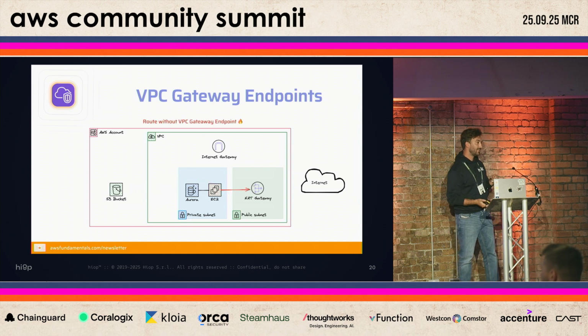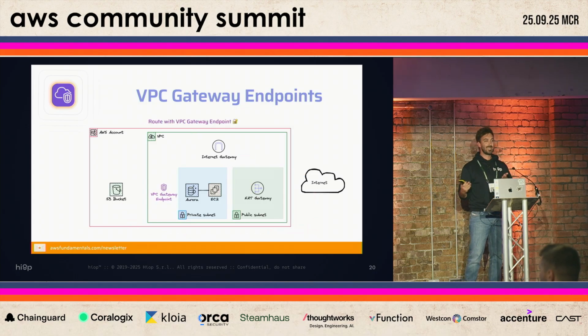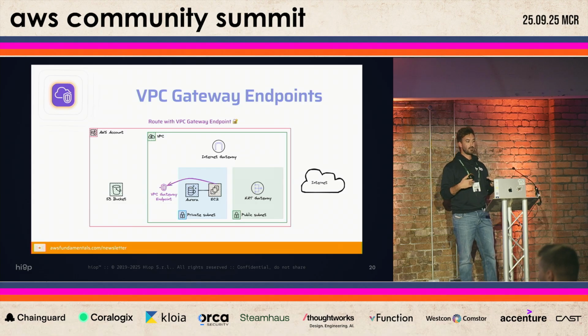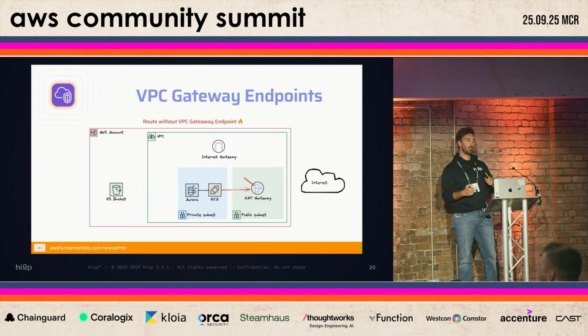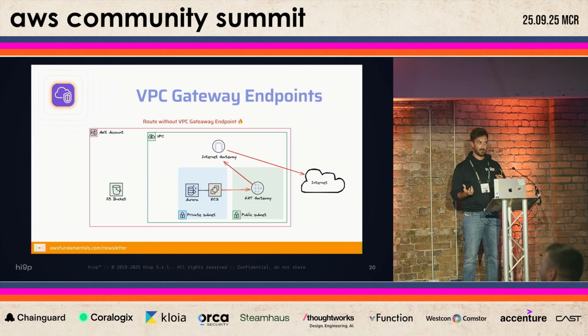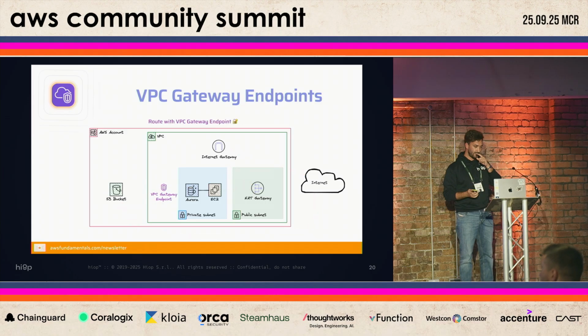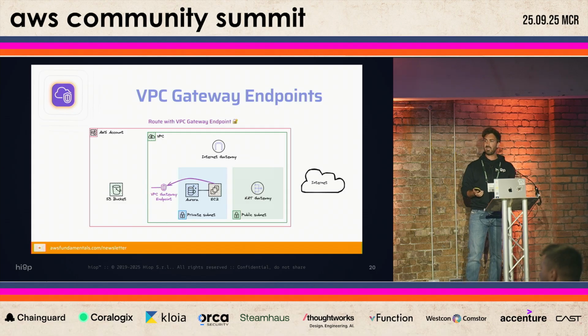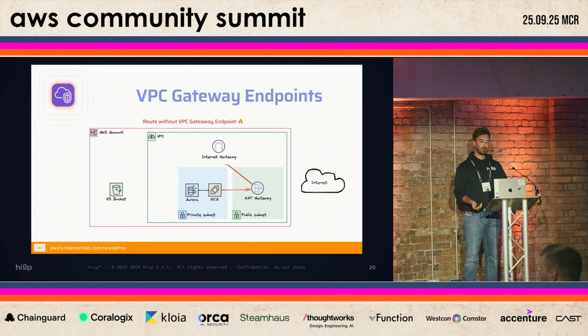This is very important because you are always paying for the NAT gateway egress cost. And using a gateway endpoint, when you have the need in a private service to call an S3 bucket or another service that is supported by the VPC gateway endpoint, is very important, especially if you have a large amount of data.